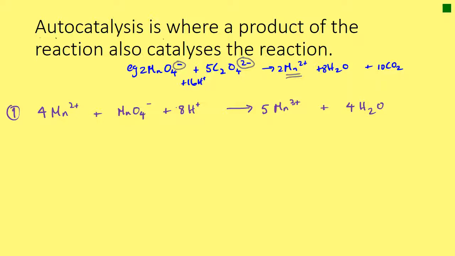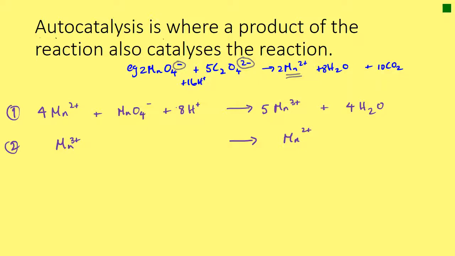Then our catalyst has also been oxidized from manganese 2 plus into manganese 3 plus. So now we have to reduce that manganese 3 plus back to manganese 2 plus. So let's start off with our manganese 3 plus. In our second step, we're going to make it back into manganese 2 plus